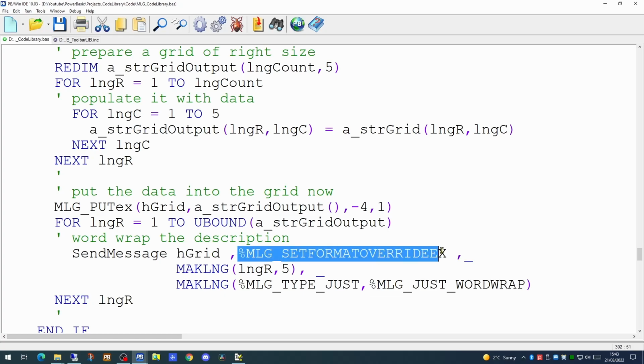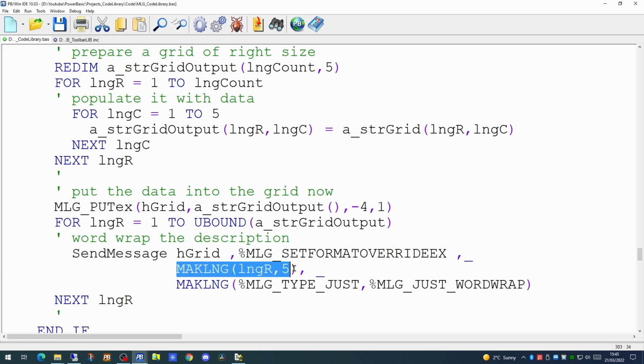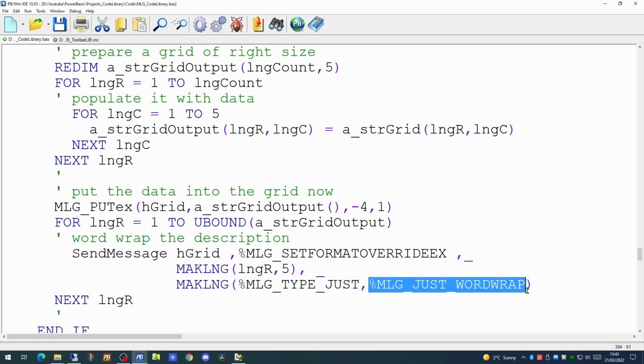The second parameter is the type of operation we want to perform on the grid, in this case the format override. The next 2 parameters are actually passing more than one piece of information. We're using the make long command to encapsulate both the row number and the column number in one parameter. We're doing the same for the last parameter to encompass the justification type and the word wrap option.